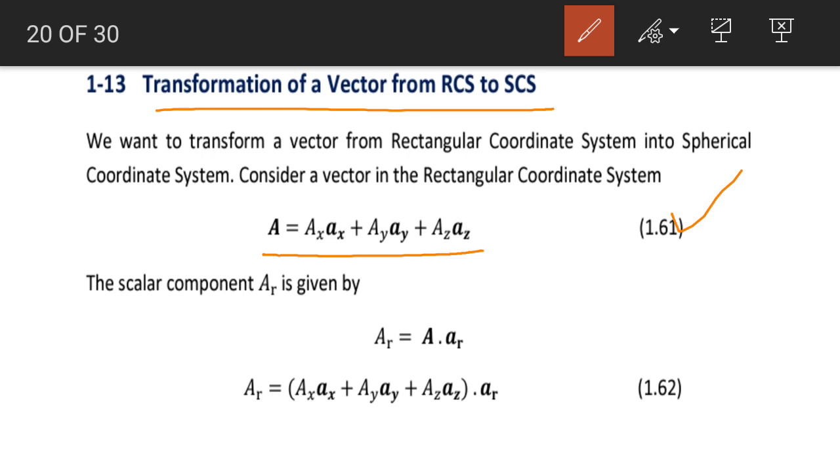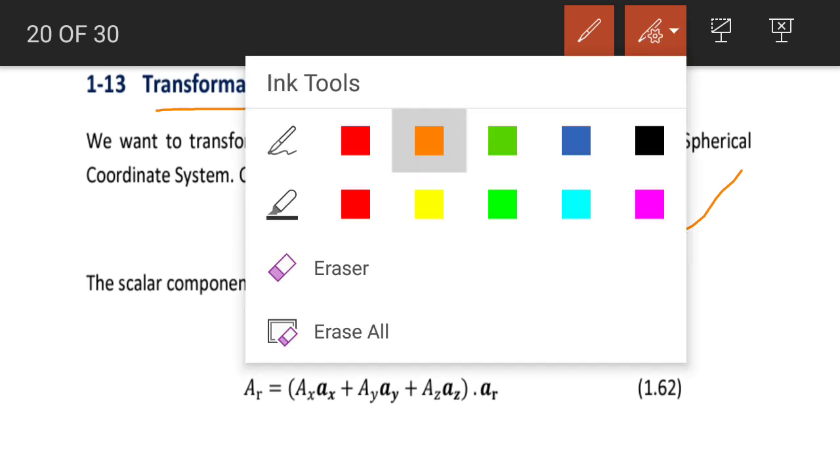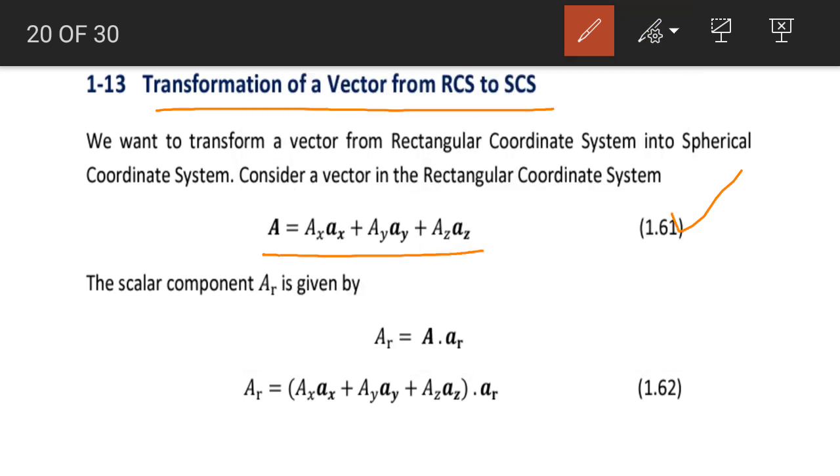So the three components of this vector are known, and these components are in the rectangular coordinate system. We are going to represent the same vector in the spherical coordinate system. So if we want to represent the same vector in the spherical coordinate system, we need to find out the